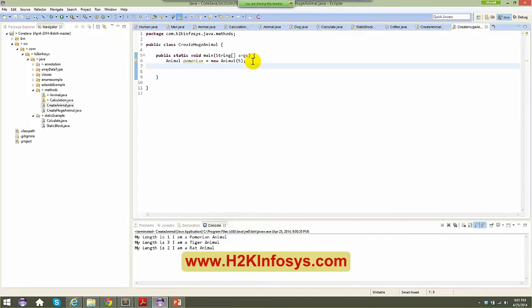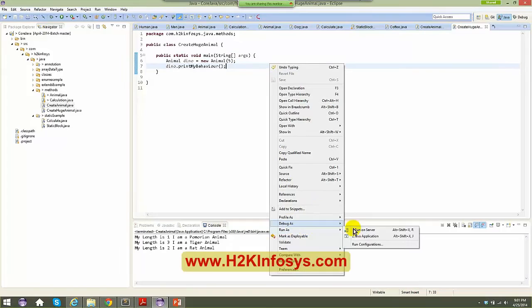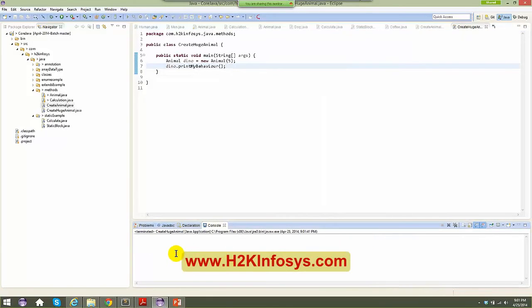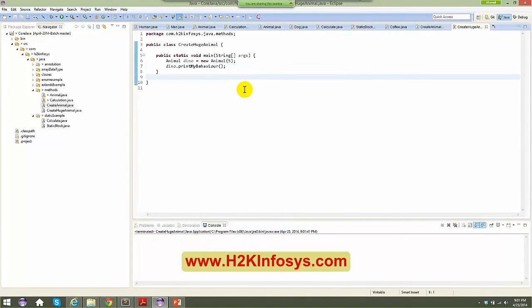But if you can see, if I say, let's say this is a dinosaur, okay, and I say dino dot print my behavior, right? So that's what I did in the previous sessions also. But this guy, he's not at all aware of what value to pass on here. He's free to pass any of the values here. So what he does, right clicks and runs and sees no output. But he gets mad. I mean, what is this? I'm not getting any output here, right? Now,